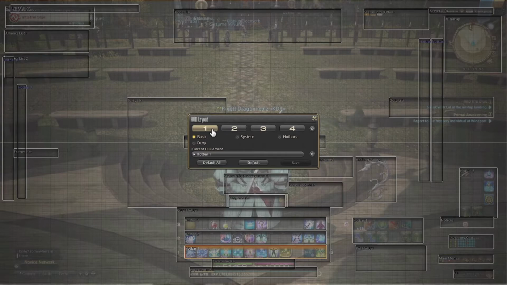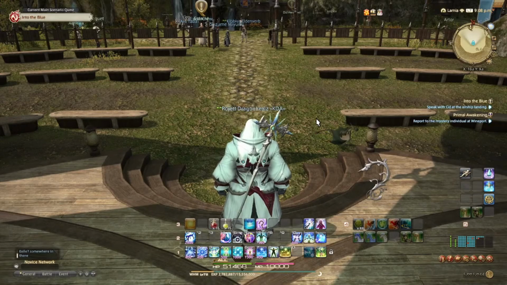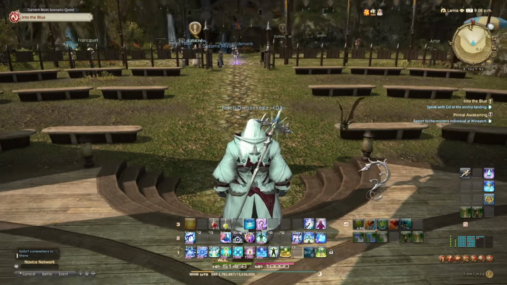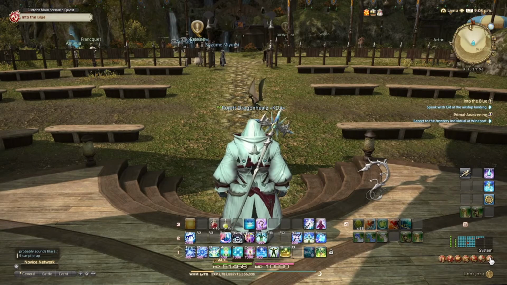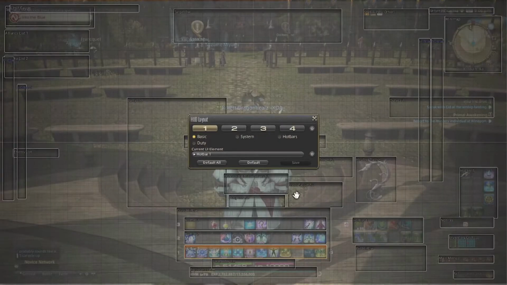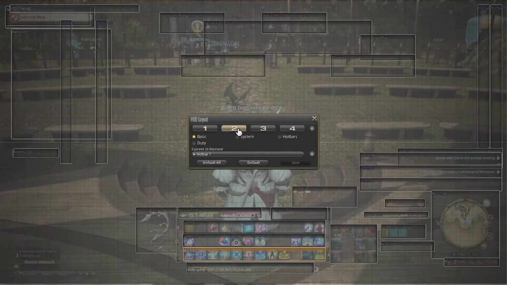So if I want to go through, I have a HUD layout for when I'm raiding, which is pretty much this one right here, which gives me a huge layout right here to the left of my character like I was talking about. And then I have this one right here, which is my favorite one for when I'm just